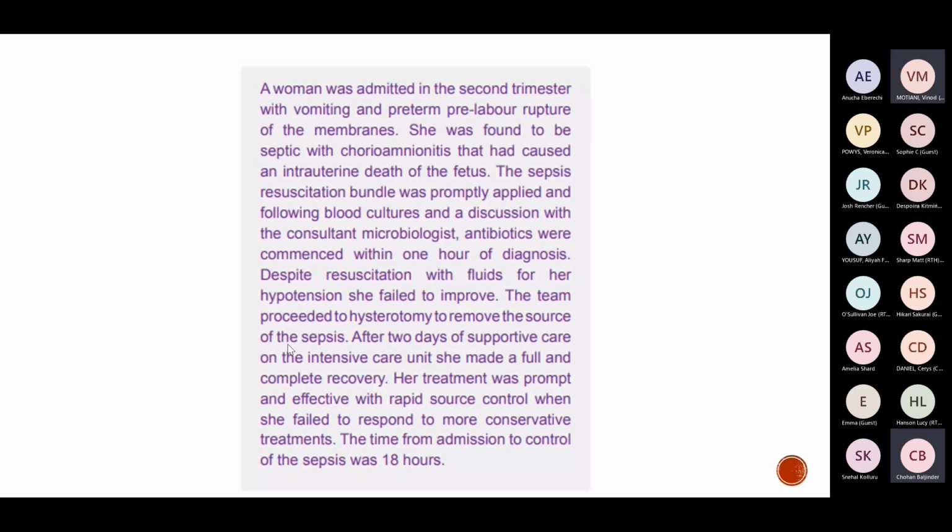Yes, sorry, I don't know the ins and outs of the case. Yeah, that sounds rather unusual. Typically, you'd expect there to have been a SROM or a PROM, because with intact membranes, obviously you can get infection, because it's probably going to be an ascending infection. Perhaps it was a UTI or something like that. But remember what we said, normally it's from a SROM and less likely to be the other way around, from a mum having a septicaemia and then causing chorioamnionitis. That's a very unusual case.